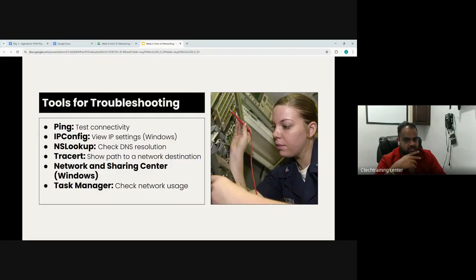And Task Manager to check network usage. This one we can check network usage itself. It's very interesting because you can actually see if the computer is putting out so much network usage. Is that how it gets slow? Or you can also check if the computer's RAM is at very high usage, making the computer very slow. Is the hard disk low or high? How is the CPU getting used? Is it getting used so much that it's getting slow? This is all covered in Task Manager, and it's covered in the pre-recorded video as well.